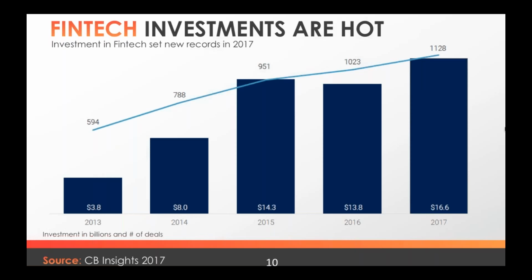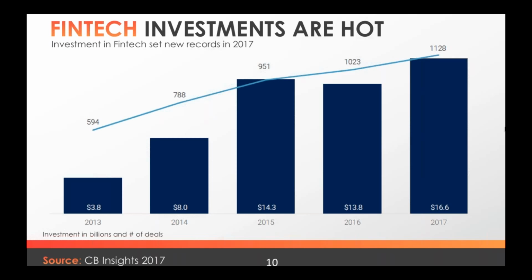So last year we had 16.6 billion. Highlights in Europe, US, it decreased a little bit. And the line shows you the amount of deals. So you can see that in 2017, there were 1,128 reported deals, in terms of companies or private investors investing into these startups. So it's increasing, and in 2018, it's likely to keep going in this direction.